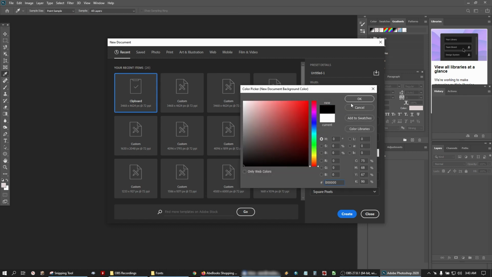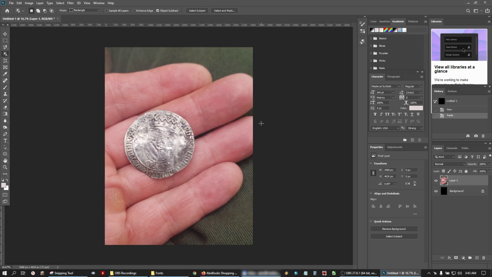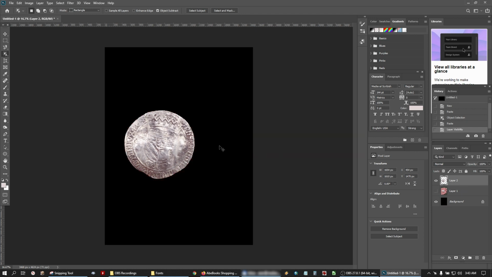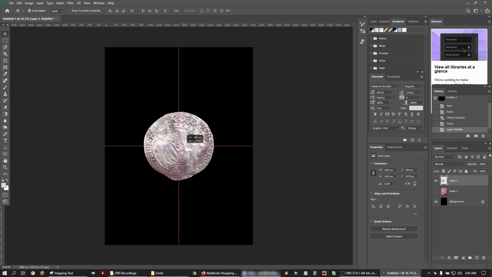I'll use a black background typically and paste it in. There's a couple of ways to select just the coin by itself. But when there's a nice contrasting background like the hand, you can just use the object selection tool and draw a box around, and it does a good job of selecting the coin. And I will copy and paste that into its own layer. I can turn off the hand, and I'll center the coin in the image